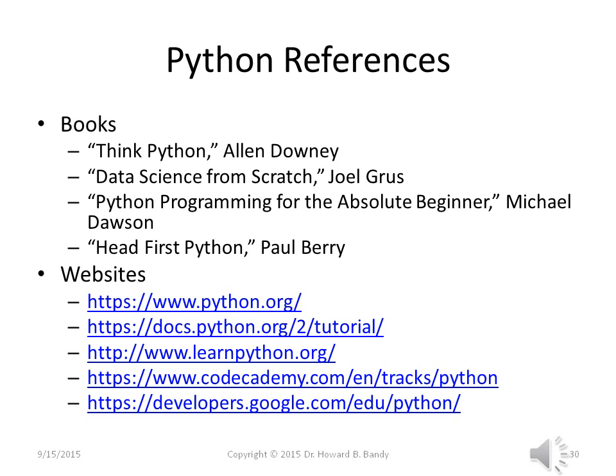There are several references that I recommend for learning Python. If you're looking for a book, Allen Downey's book, Think Python, is a good one to start with. There are some others listed here, and there are many websites. Some of the websites are complete documentation, others are tutorials.